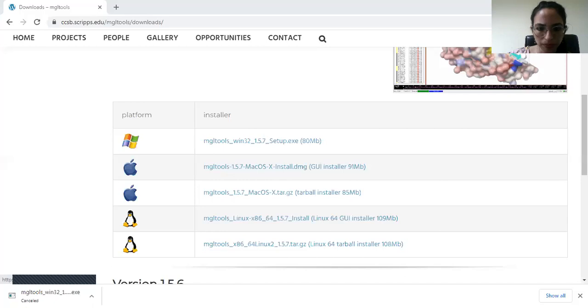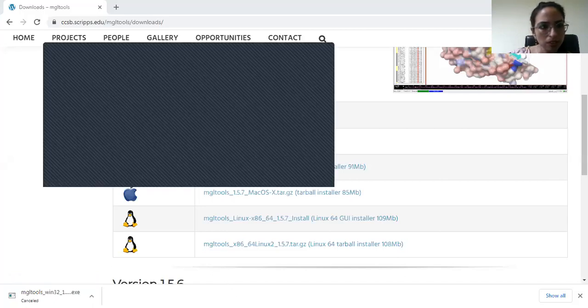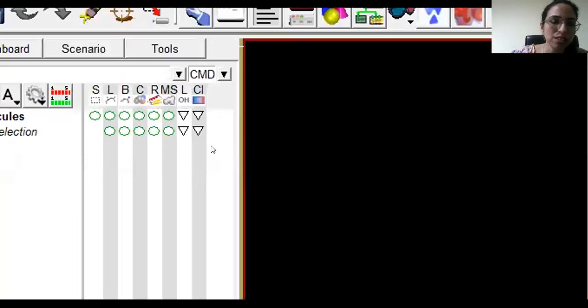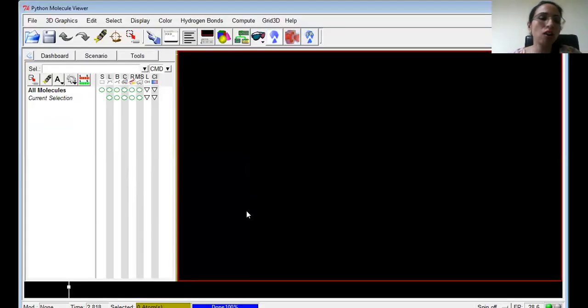Okay, it looks like this. If it is shown like this, it means our software is installed. Now I want to share the Python screen. Please stay tuned to my channel if you want to know how we perform docking or how we take a pose by using this software. It looks like this only.